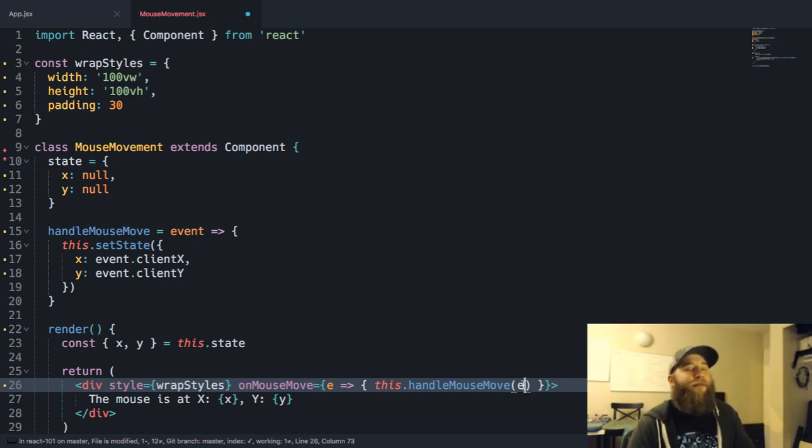Anyways, this might be useful to you, to use an anonymous function to be able to pass more arguments into it later, like if for some reason you had a second function you need to call or something else. So this is one thing to know about, right? Is to be able to know where the event is.